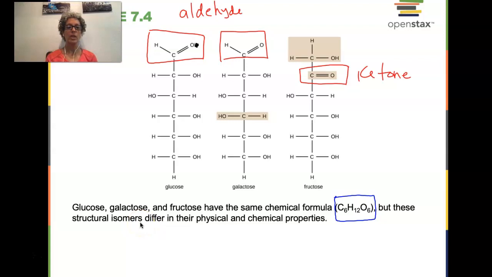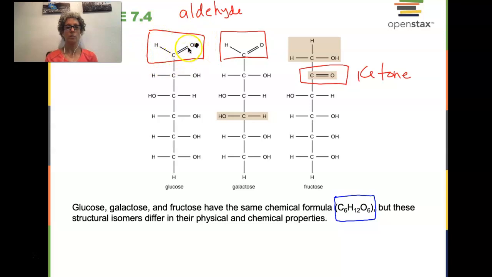mer means a unit, so iso means same. So they're similar units. They have the exact same chemical formula. So if you were given only that formula, you would not know for certain which of these 3 you had in your test tube. You would have to be given more information. When we see the structure, glucose